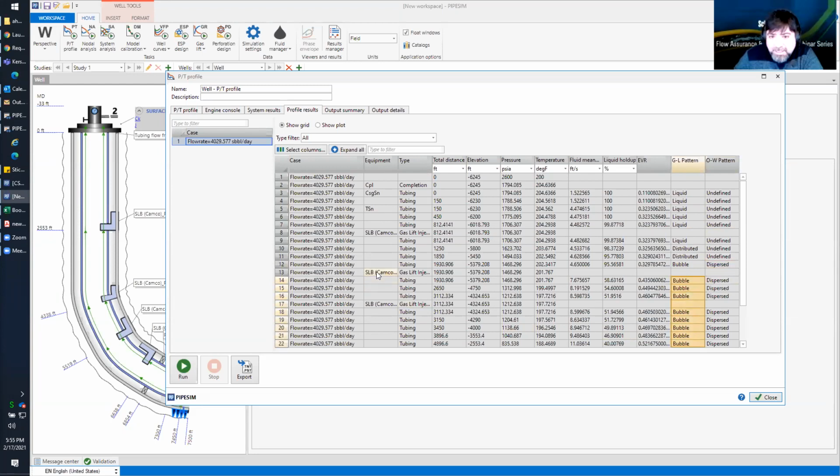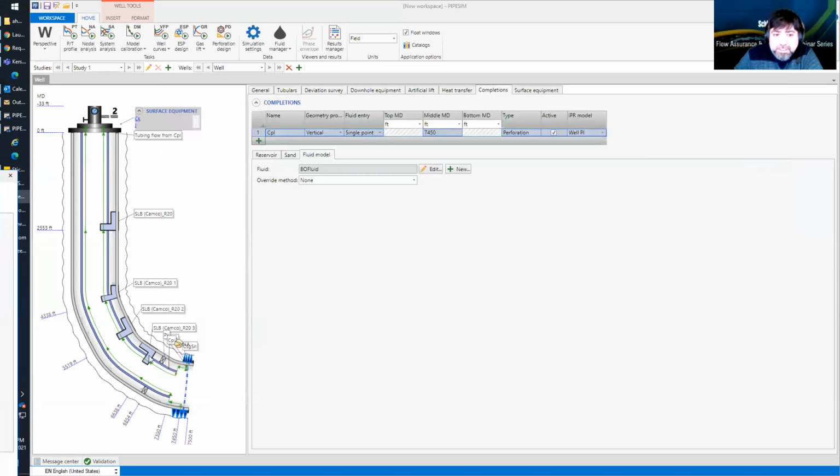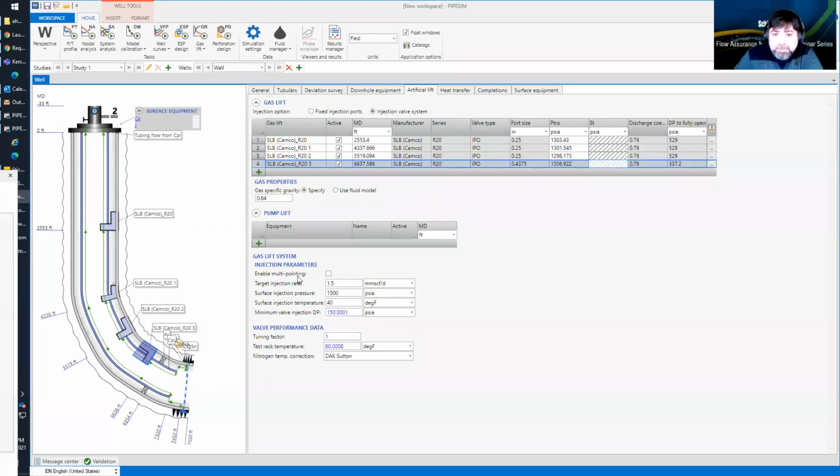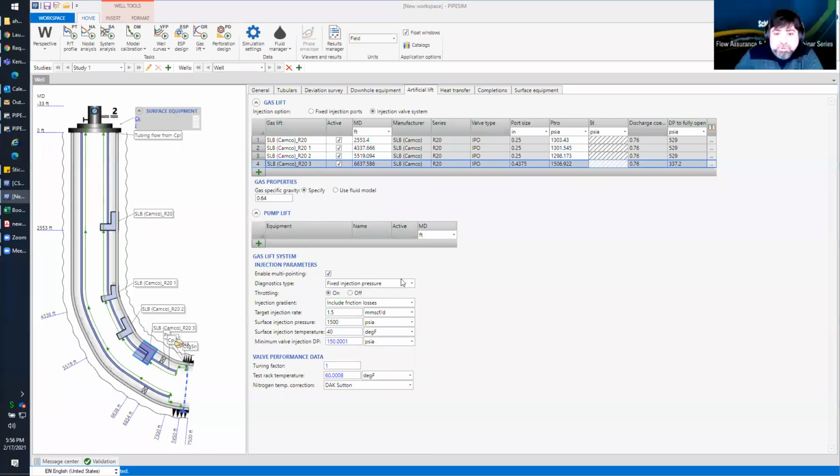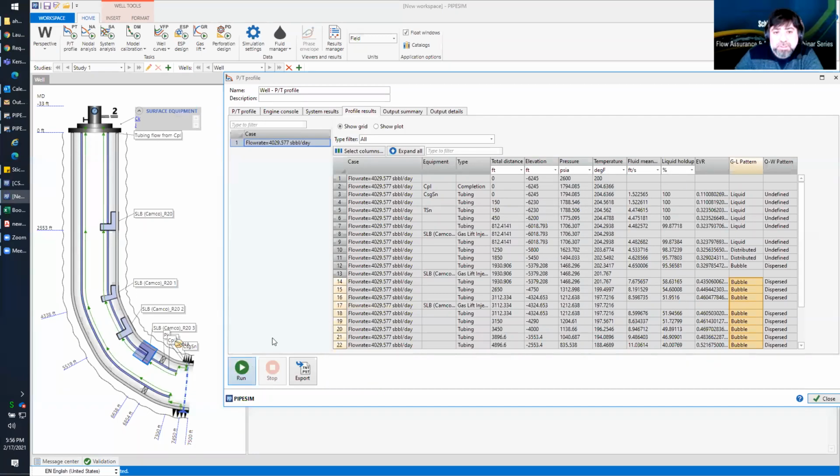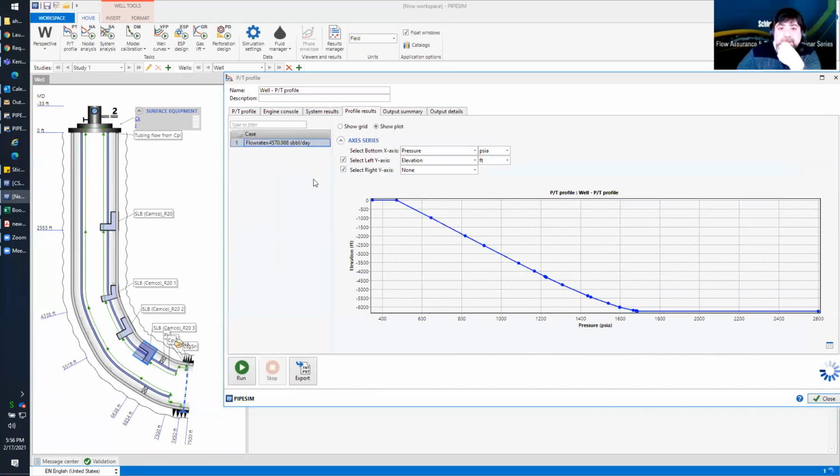And this is the different valve systems. One of the options that we can see is that, for example, right now, if I did not enable what I call multi-pointing, then all the gas will be injected into the lowest possible valve. But if I enable multi-pointing, then the calculation will be a bit different. And then I am fixing the injection pressure. All right, so now let me solve. I will assume that the value will be a bit different. So it's 4,500. And now if I go to the grid,